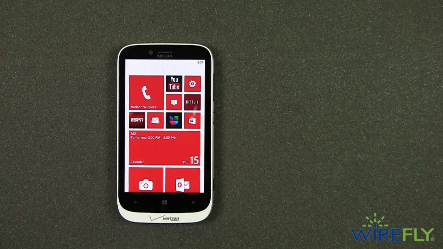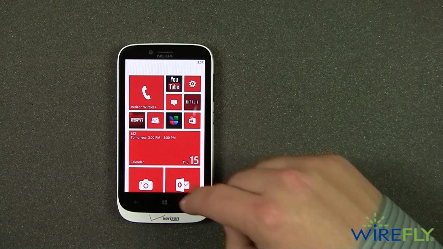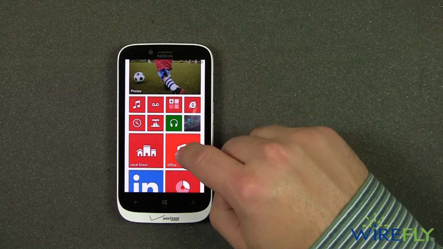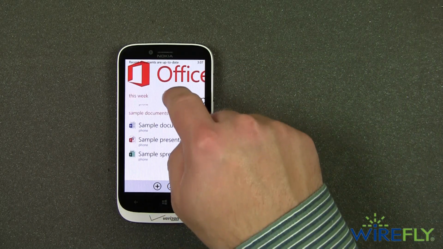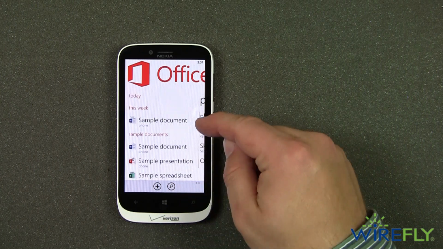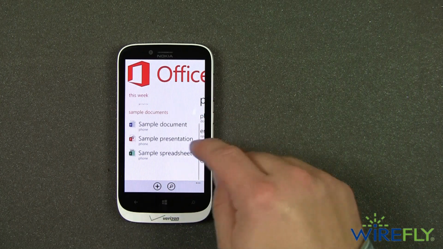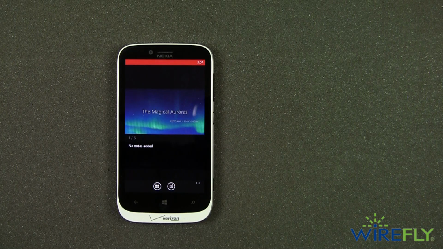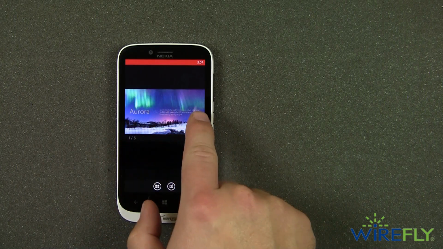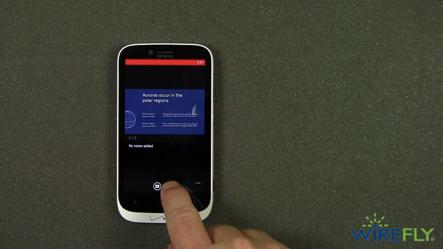The next feature of the Windows Phone 8 operating system I wanted to show you was the Office integration, or Microsoft Office integration. You can open it up and we'll take a look at a PowerPoint presentation here, but you'll see that there's Word documents as well as Excel documents that you can edit and view here on your Windows 8 device. So you can swipe through the PowerPoint slides, and if you needed to edit one, you tap the